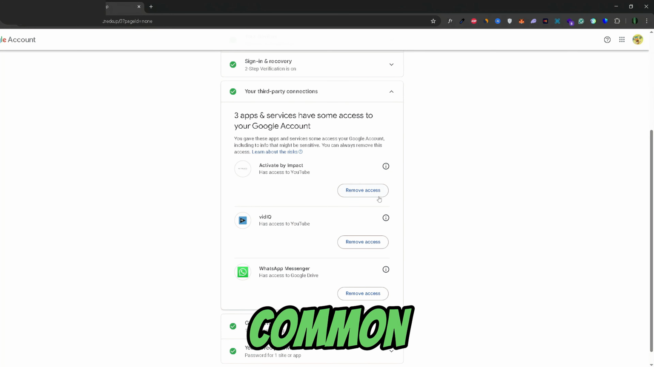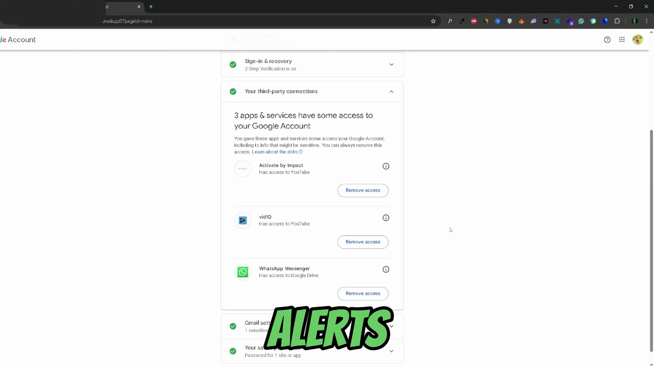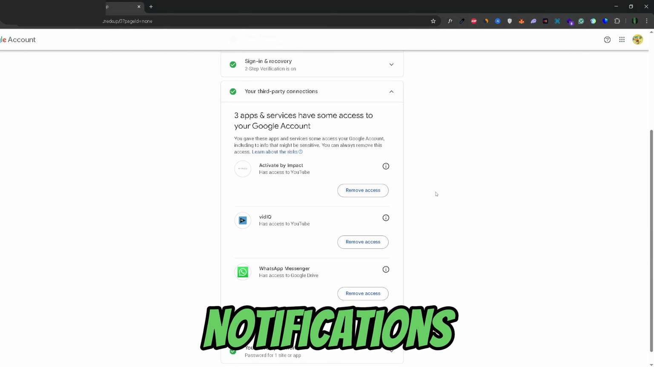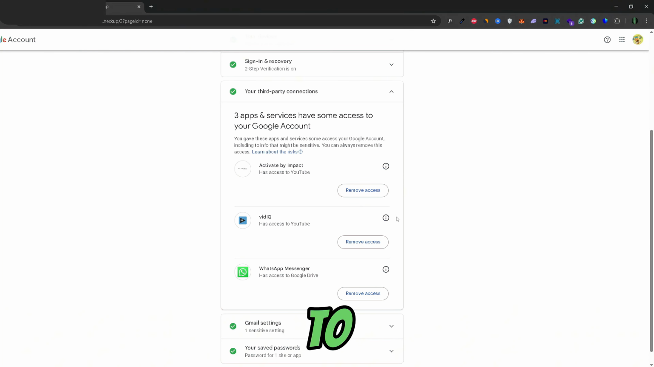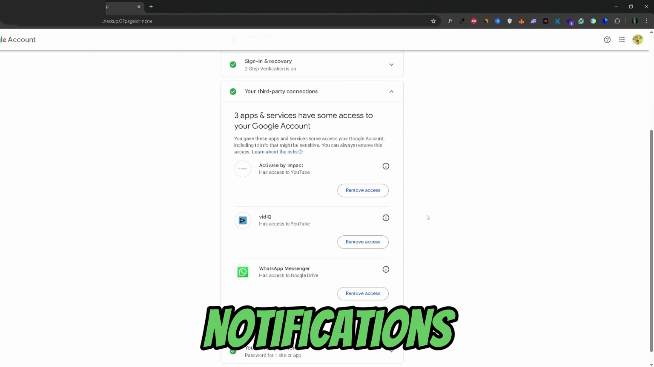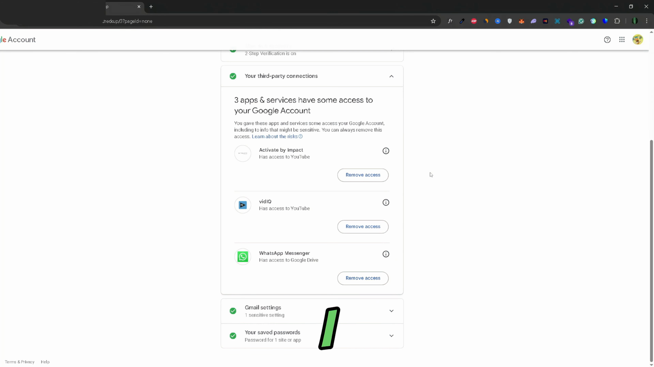So this is the most common reason for those critical security alerts. Now, if you're not using these third-party connections every day, I would just suggest that you remove all of these and see if you're getting those notifications still. But if you do need to use them, then just add them back one by one until you see which one of these gets you those security notifications. So essentially guys, that's how I fixed it on my side,